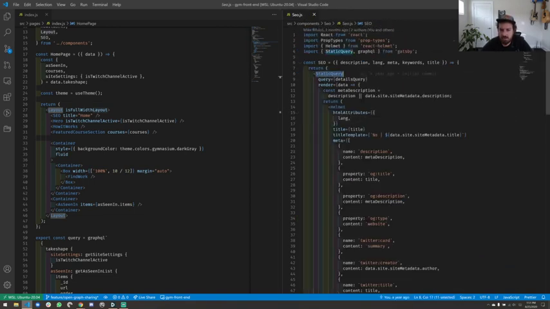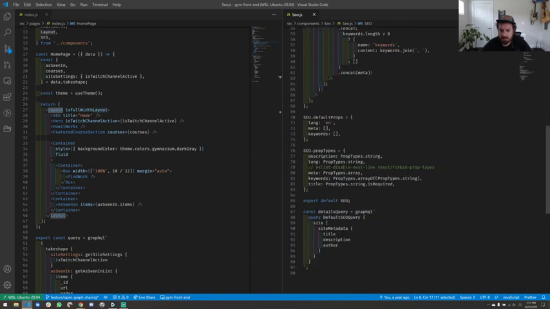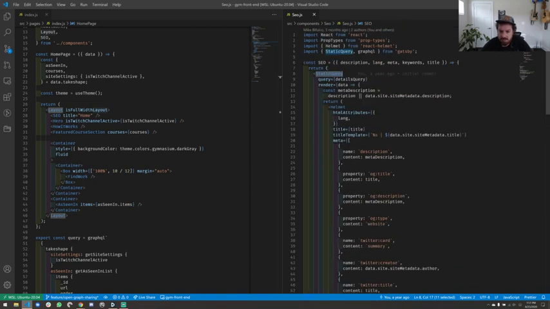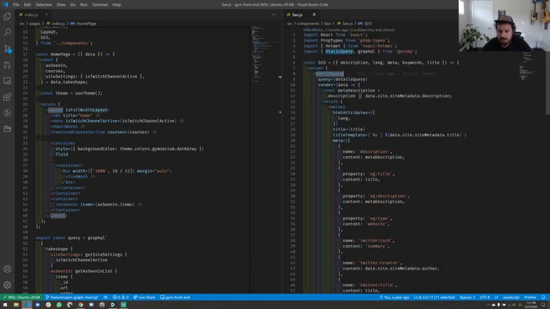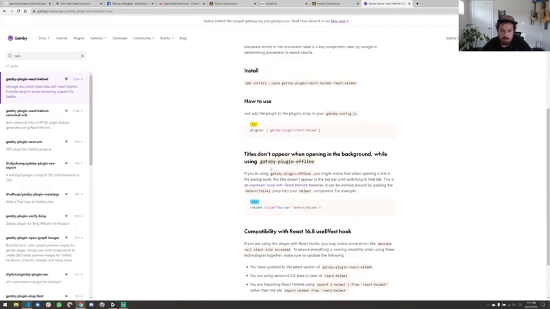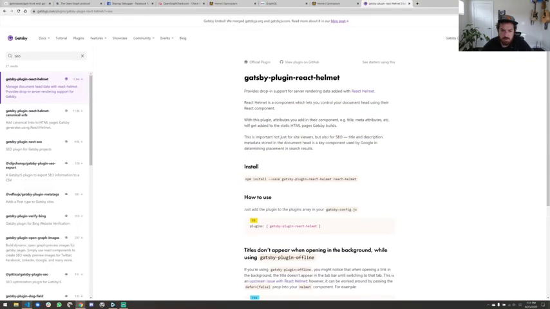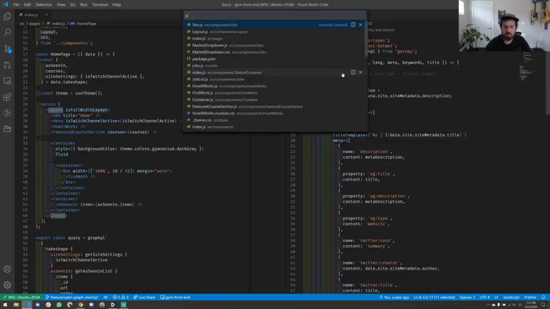Also, for the sake of it, I'm going to re-implement this static query because there's a hooks implementation that is a little bit nicer now, and I think there's a newer implementation of Helmet that will make this syntax a lot less verbose. Oh, I don't know if we have that plugin added. That's important too.